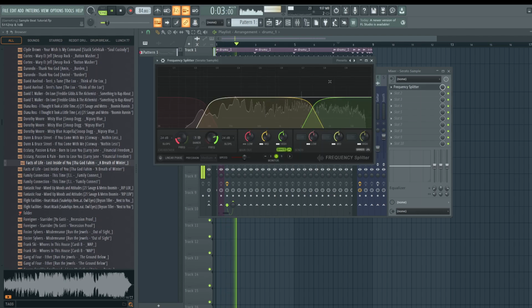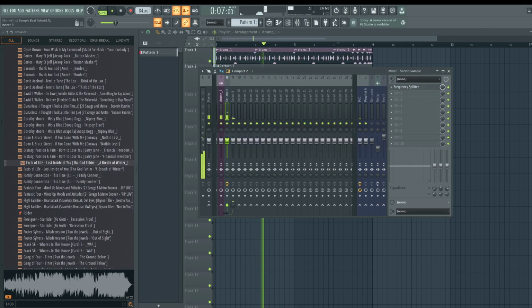Let's make sure. Actually, I don't think. Let me see. There we go. See how the bass is pretty low? Let's add some plugins to it.